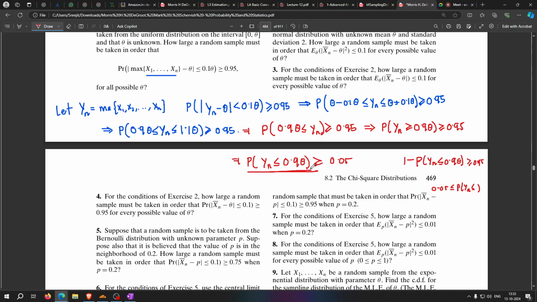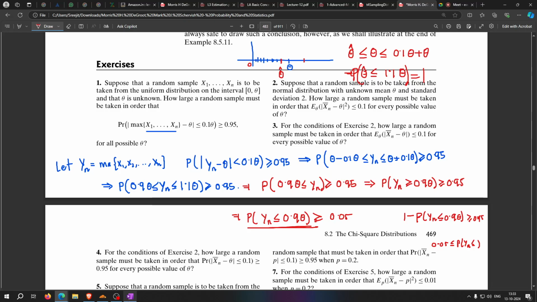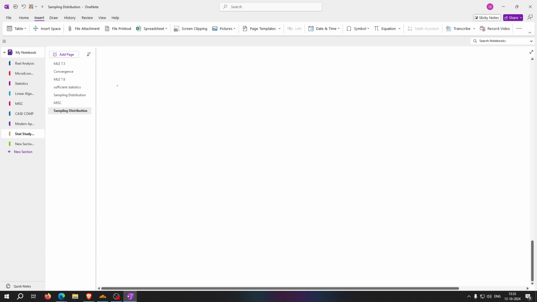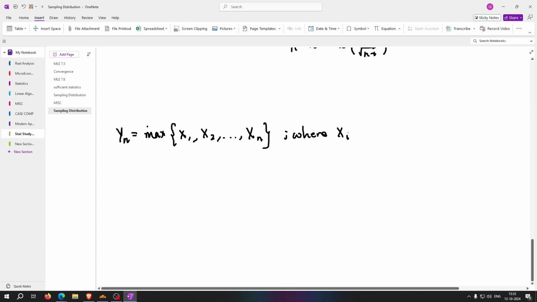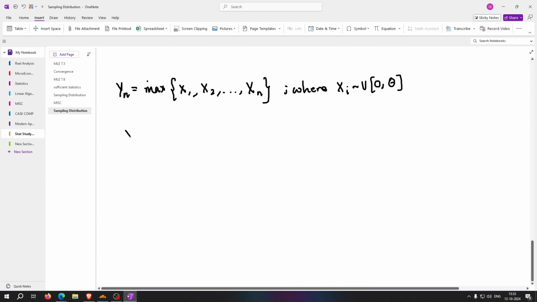Now I know what this is. See, yn is the maximum of x1, x2, xn, right? So yn is the maximum value where each xi follows a uniform 0 theta, right? Now if I say that yn is less than or equal to some value, let's say k, what does that imply? X1 is less than or equal to k, x2 is less than or equal to k, so on, xn is less than or equal to k,